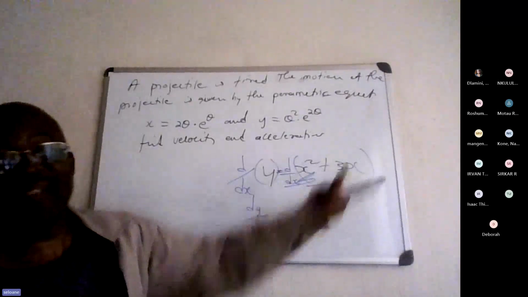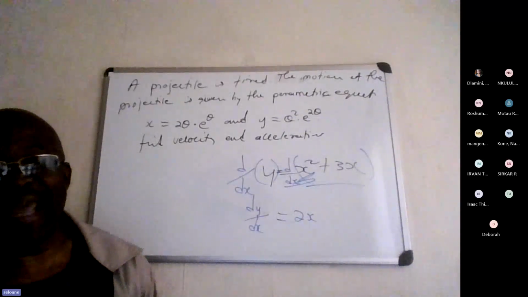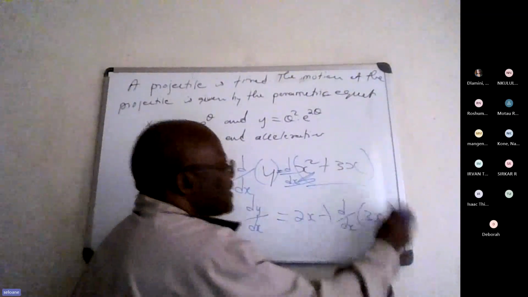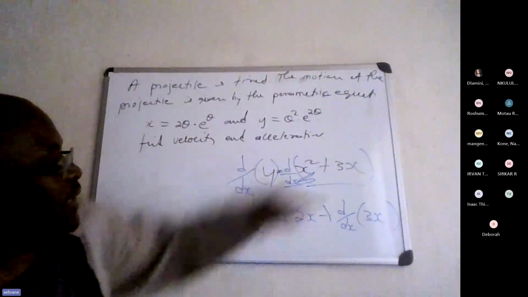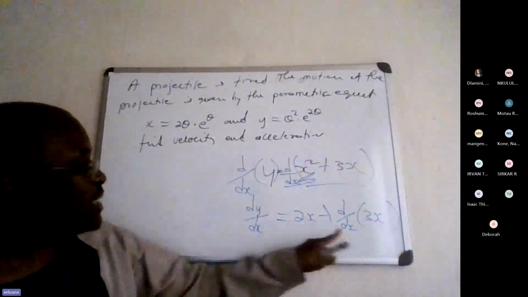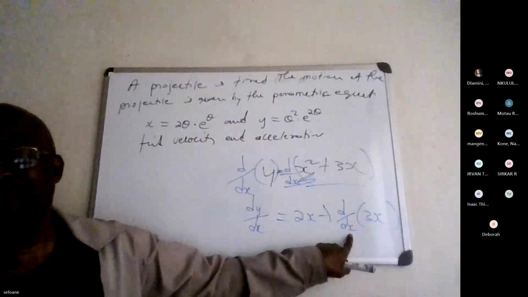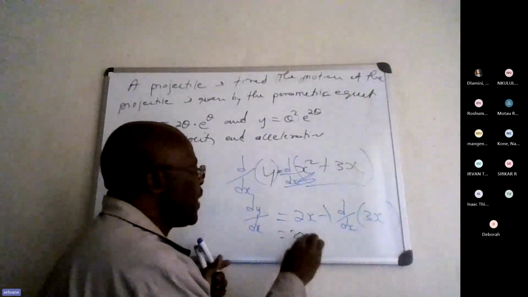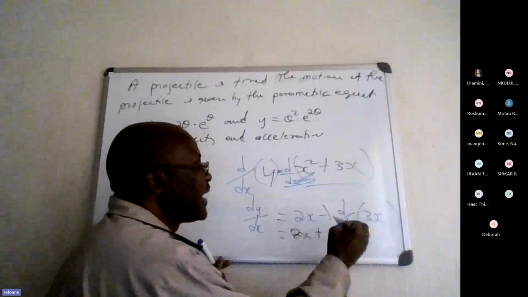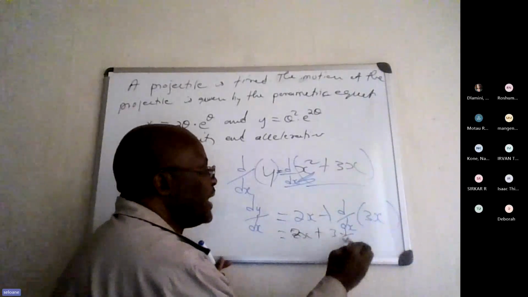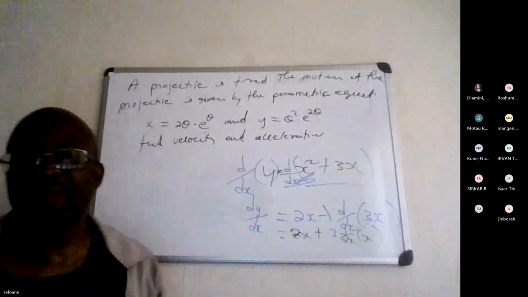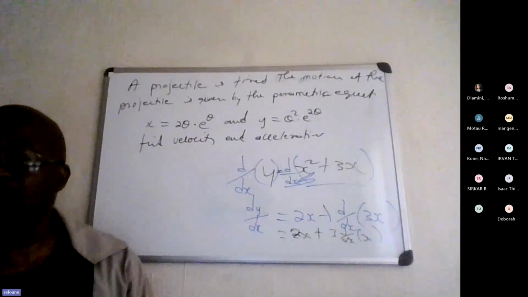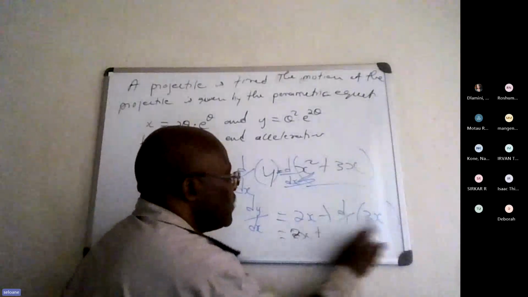Then the second term, d by dx of 3x. Because 3 is not dependent on x, you can take it outside, so it becomes 3 d by dx of x, and the derivative of x with respect to x is just 1. Therefore, the answer here is simply